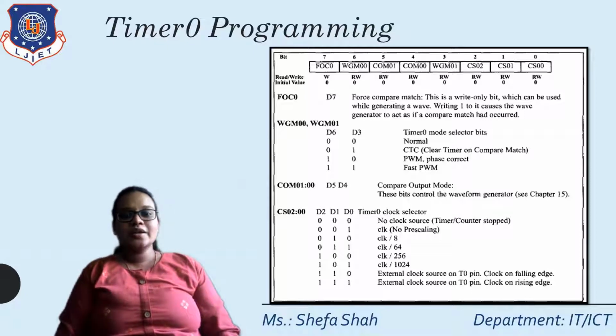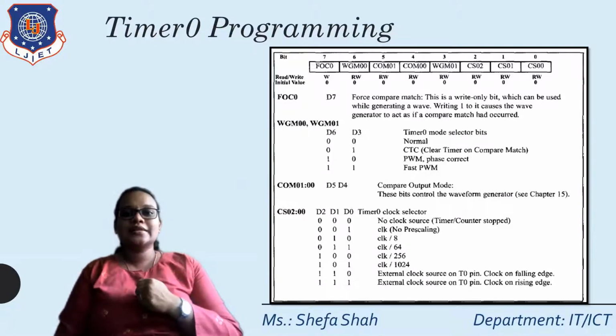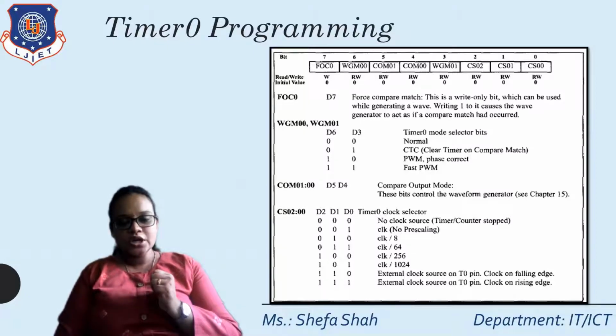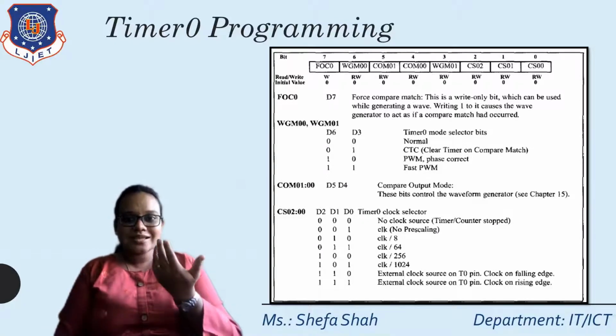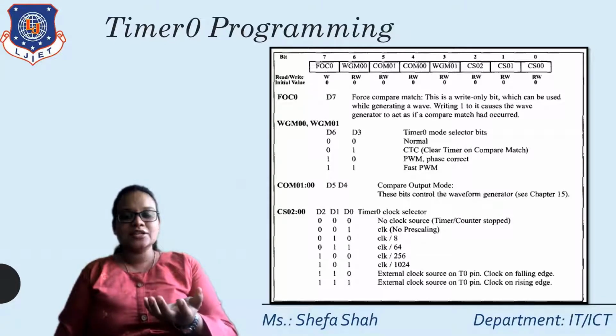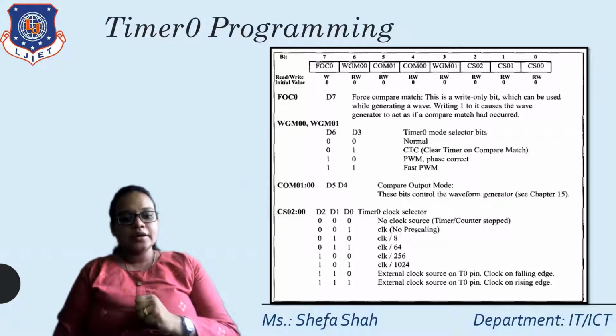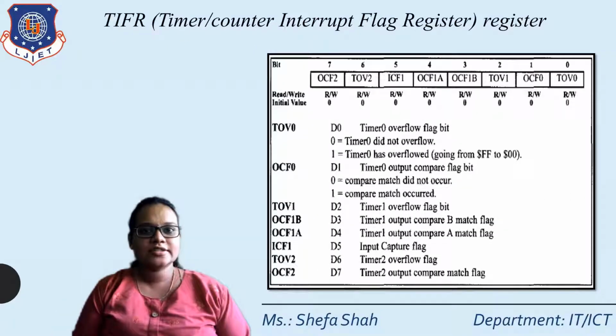Right. As you have studied in digital electronics, a counter works on two edges, the rising edge and the falling edge. So 110 will work on the falling edge of the counter, so every count pulse will be counted at the falling edge, whereas 111 will work on the rising edge of the counter. So this is how we can set the operation in TCCR0 based on the requirement of our program. Clear?